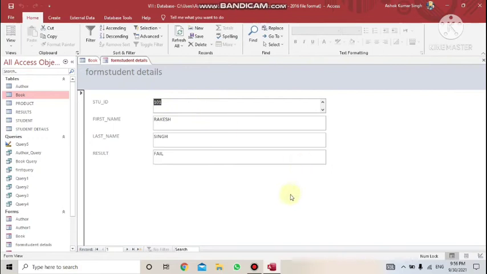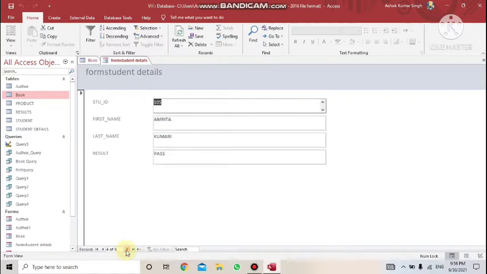You will see the form created. As you can see, the columnar format is there, the way we selected. Then at the bottom part, you can see the buttons. This is known as the record navigation bar. It shows you all the records one by one, but at a single point of time, a single record will be visible. If you want to view the next record, this is the next button. This is the button for the last record, and in the same way this is the button for the first record. So click on next, next.